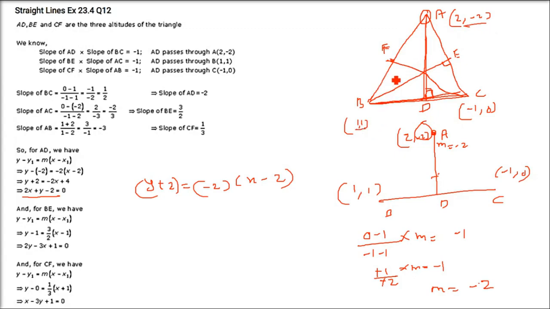For AB, you have to find the slope using (2, minus 2) and (1, 1). Then you can find the slope of the line FC by taking minus 1 by the slope of AB. And then it is passing through (minus 1, 0), so this CF is going to come. In the same way, for AC, take (2, minus 2) and (minus 1, 0); you have to find the slope. The slope of AC will be minus 2 by 3, and the slope of BE, I was telling, 3 by 2 it will come. And it is passing through (1, 1). This is the equation.